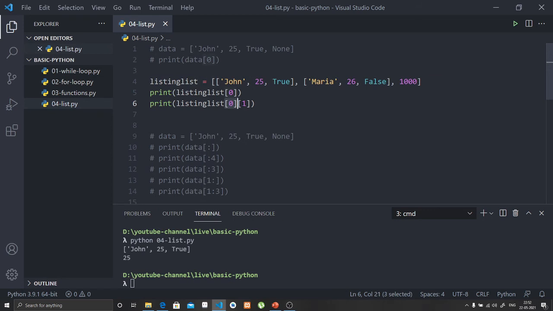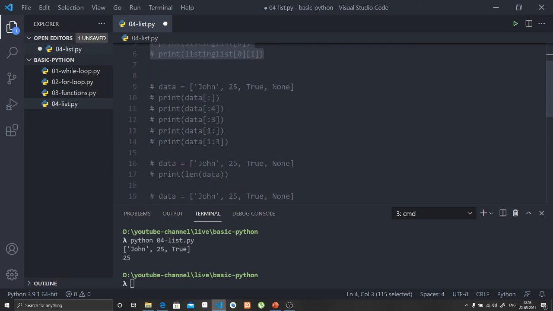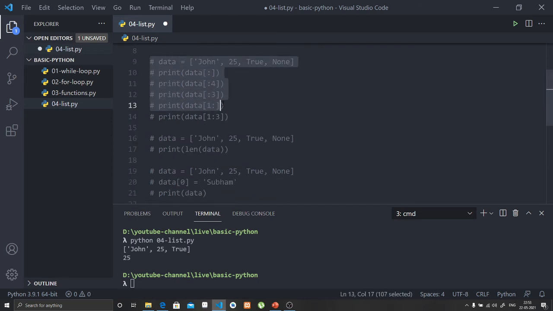We are traversing the list and printing the first index value. So the first index of the 0th index list is 25. So let's comment it out, and let's go to the next example, that is slicing.